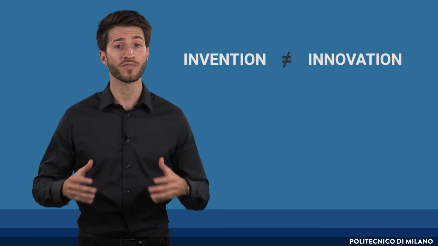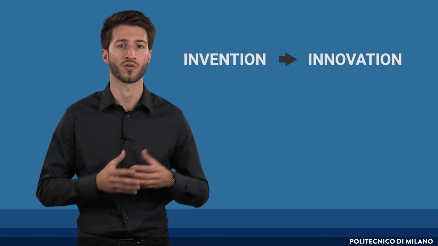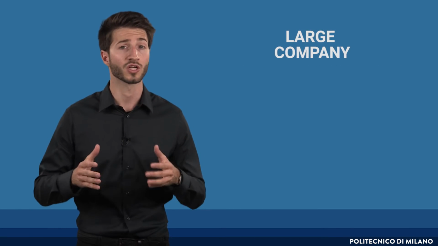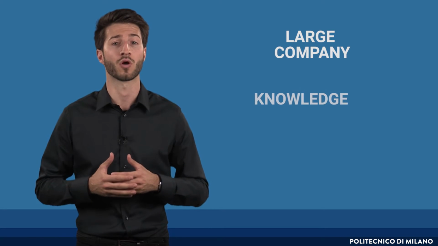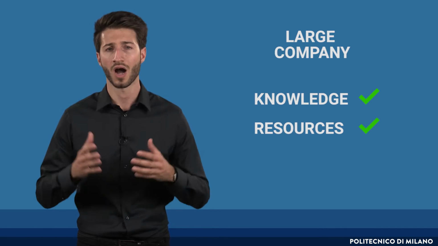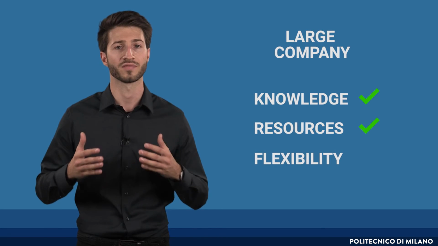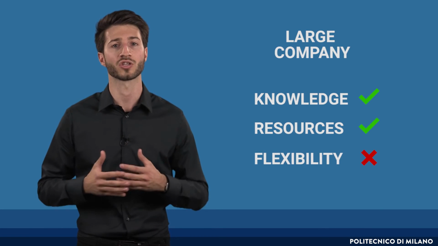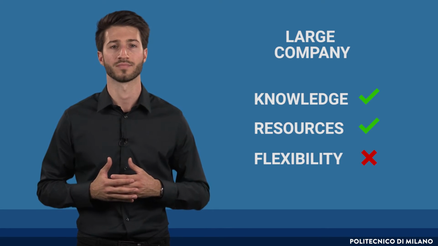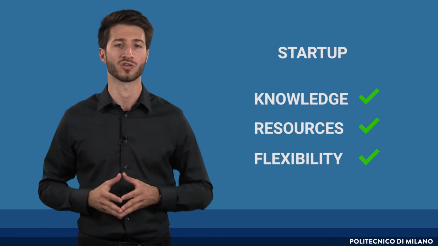Now that we understand the difference, it is reasonable to ask who are the agents capable to make this transition from invention to innovation. Let's consider large firms first. Large firms have the accumulated knowledge to deal with complex technology as well as resources to invest in innovative activities. However, large firms usually have a rather fixed hierarchy, well-defined routines and practices, and rigid functional organization that do not allow a lot of room for creativity of the employees. On the contrary, small entrepreneurial firms do not have these barriers by definition.